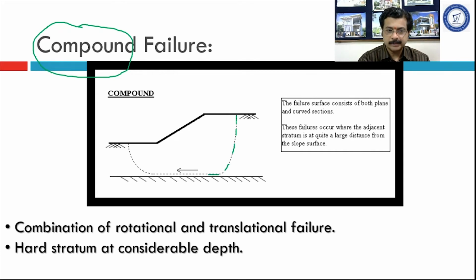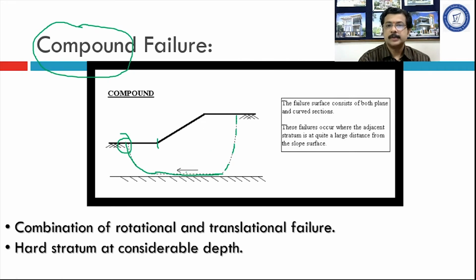So this has come down with a curve. At the bottom, this slip surface met with the hard strata, so it has become tangential to the hard strata, and again it has come up. So this is responsible for base failure. Because this is the toe level of the finite slope, and it has crossed that toe level and reached the bottom of the slope. So this is a base failure kind of failure of the soil.